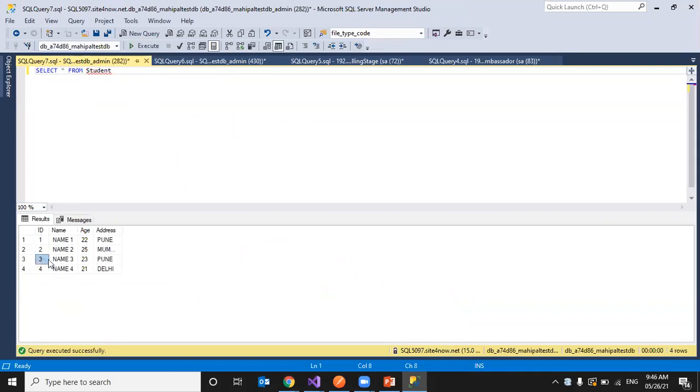I'll take 3, or we'll keep it for testing with address. So let's delete 2. In the next example I'll enter Pune so that we delete all the records with Pune. So I'll enter ID 2 and click the delete student button, then we'll see what will happen.